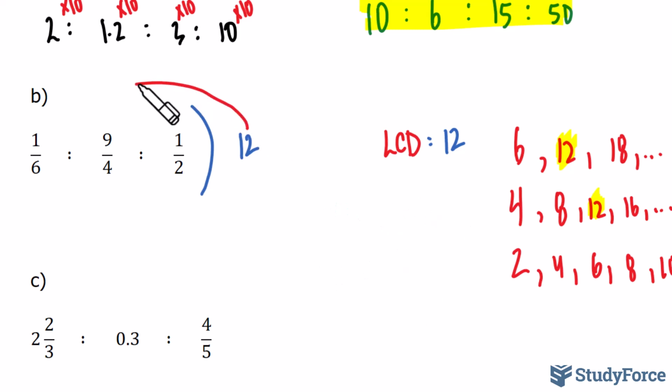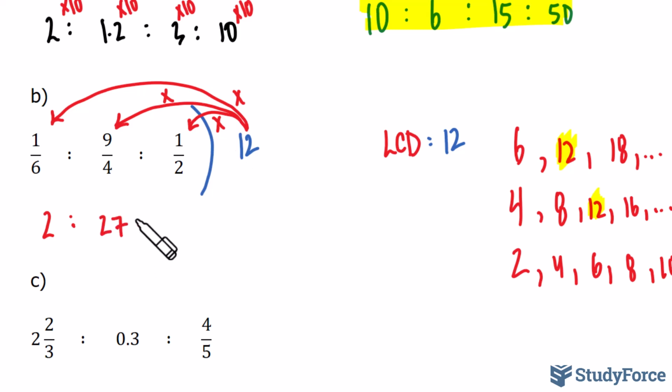We'll now take 12, multiply it to 1 over 6. We take 12, multiply it to 9 over 4, and once more 12 times half. Now, you can use your calculator to do this, but I know that 12 times 1 over 6 makes 2. 12 times 9 over 4 makes 27, and 12 times 1 over 2 makes 6. And there is no common divisor at this point that will reduce this any further other than the value of 1. So 2 to 27 to 6 is our ratio